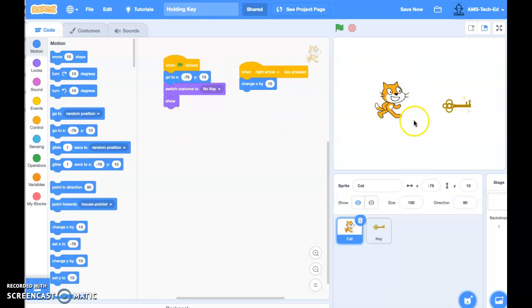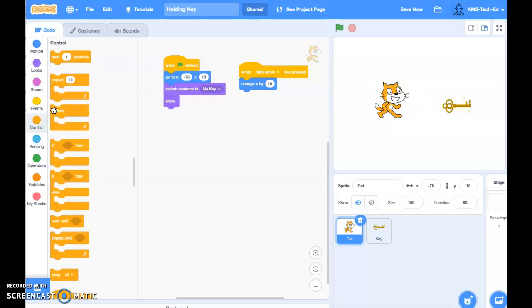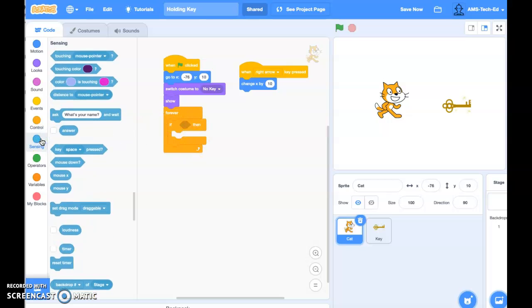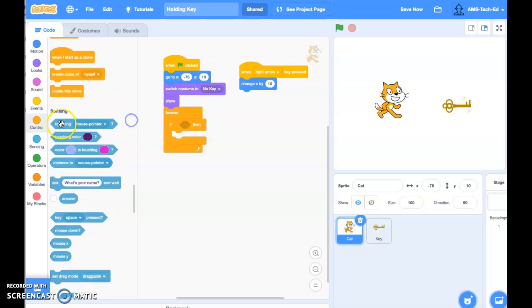But we want to now say when the key and the cat are touching, we want the costume of the cat to change, and we want the key to disappear. So we're going to come in and put a forever loop with an if-then. And the if-then is inside the forever because we want it to run over and over and over. We don't want it to run just one time and wait. We're going to grab the sensing block that says if touching the key. So we're inside the cat. So we're going to say forever